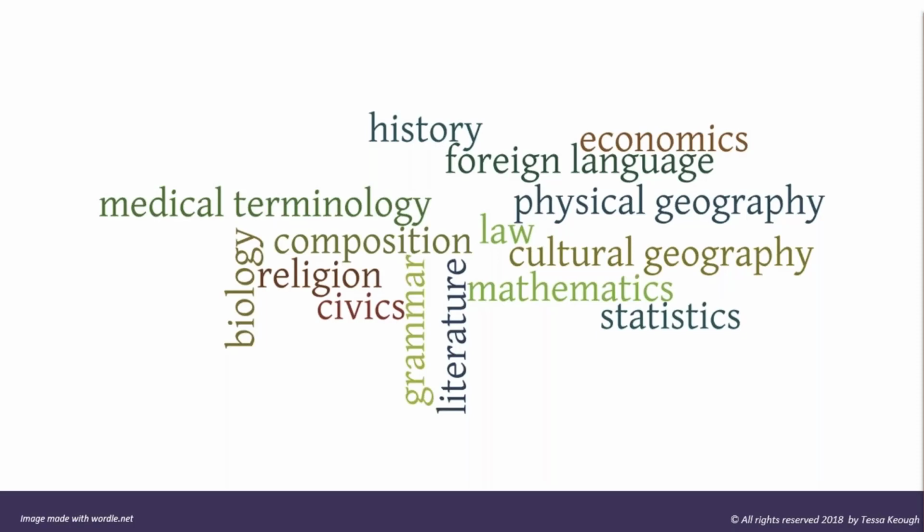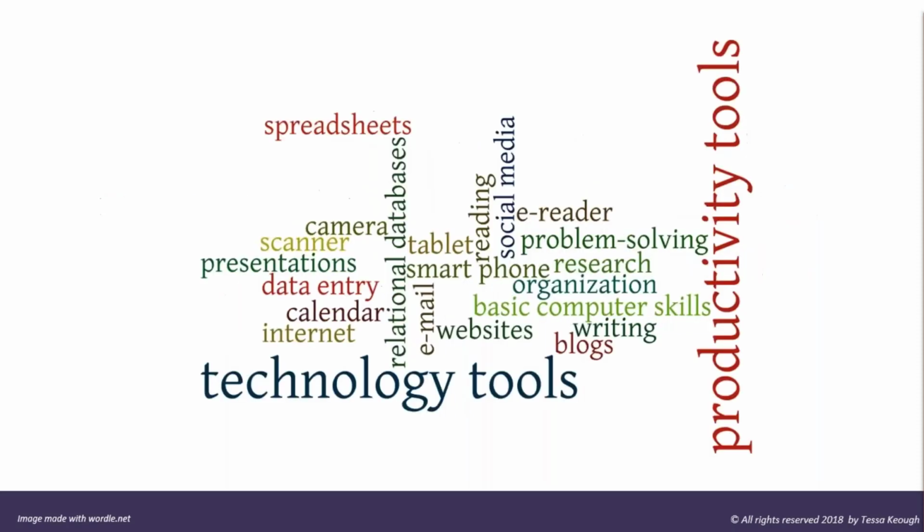Writing and grammar. At some point, we want to write research plans and reports. We want to write the story of our surname, whether that's for a blog, a website, a journal article, or a book. And finally, biology. At some point where we introduce genetics and DNA tests into our one name study, we want to make sure we understand it. Now, skills would include reading, writing, editing, and publishing our work, data entry, productivity tools such as